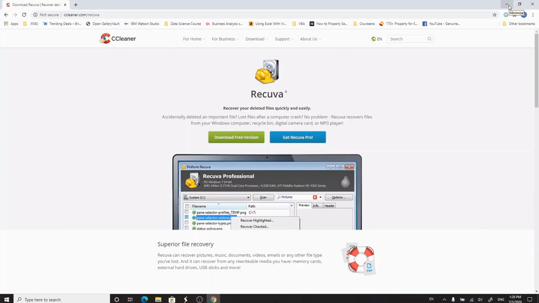In this video, we are going to talk about recovering a deleted file from your computer. For this, I'm going to use a tool called Recover, which is open source and freely available in the market. So you can download this tool from this website called